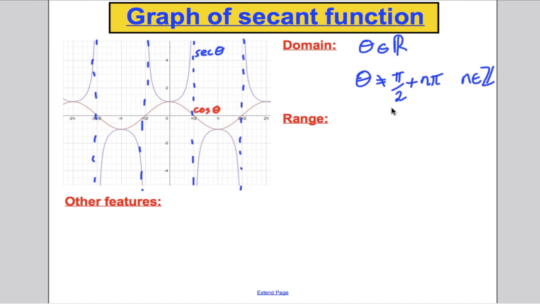It can't take any of those values because there the function is undefined. Sec theta is undefined. What's the range of this function? What y values can it take? Well, sec theta